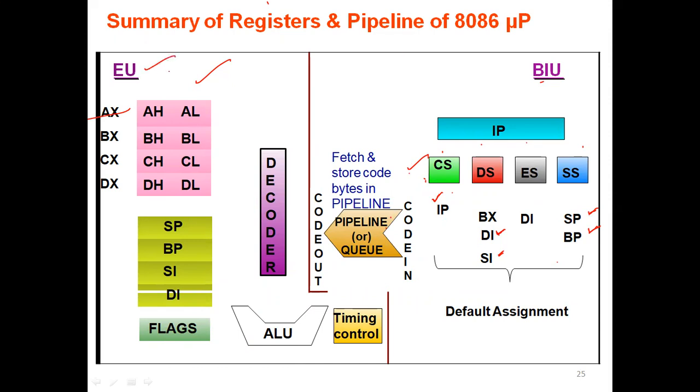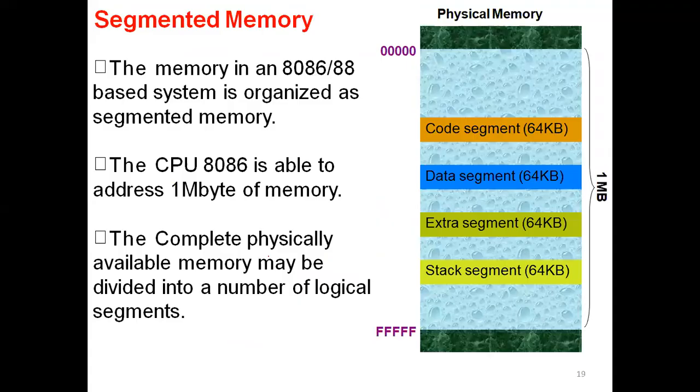When it comes to the execution unit, we have eight registers like AH AL, BH BL, CH DL, totally called AX, which holds 16 bits. Stack pointer, base pointer, source index, destination index, and flags are totally 9 out of 16. Out of 9, 6 are conditional flags and 3 are control flags. ALU, the arithmetic and logical unit, performs the arithmetic operations as well as the logical operations. So this is how the architecture of 8086 is.